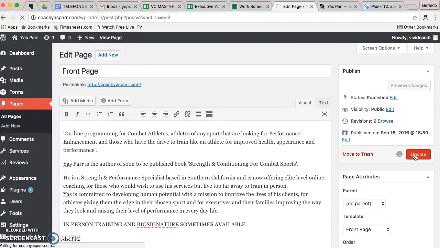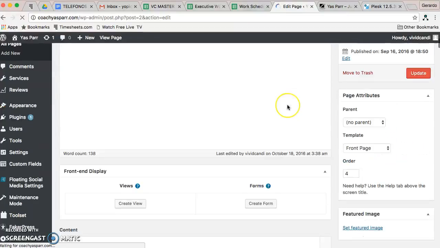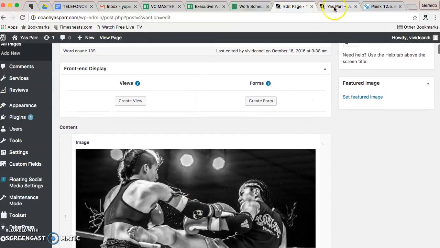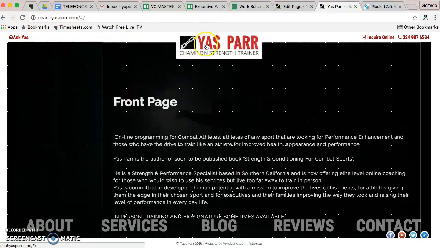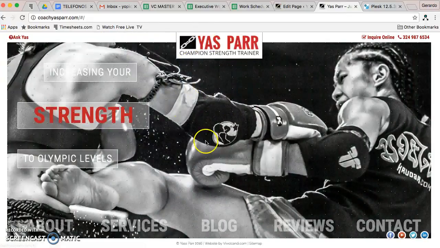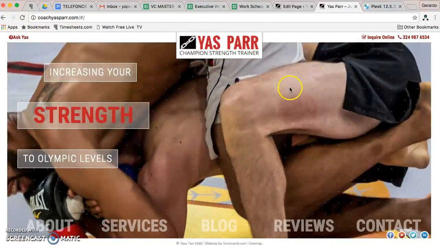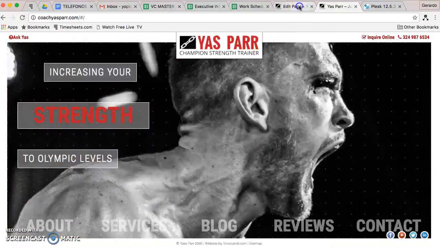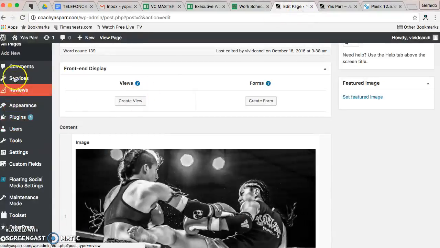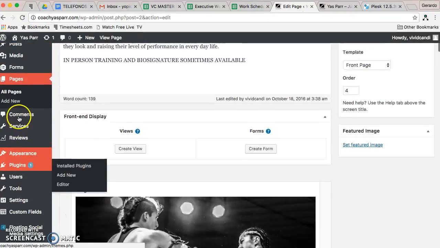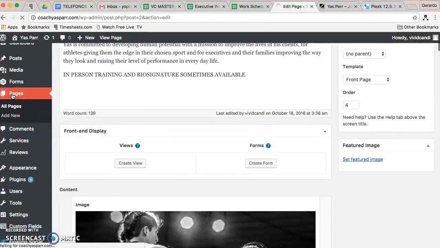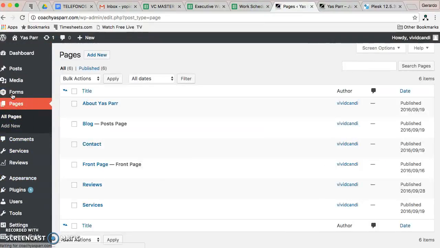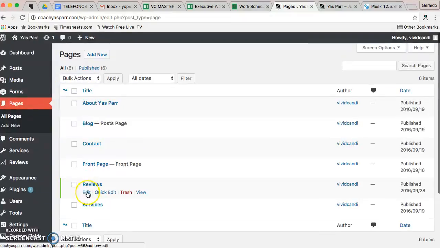So as we discussed, the first image on your slideshow will be the black and white one. So if we go back to your homepage, that's the first image right there. If you want to edit your services, it goes in the same fashion. You click on pages,